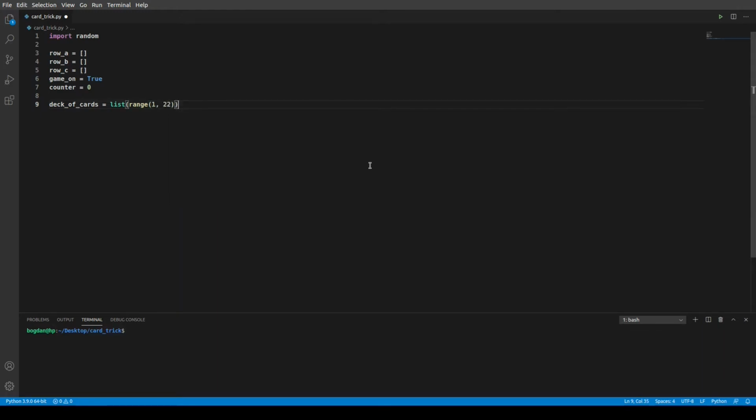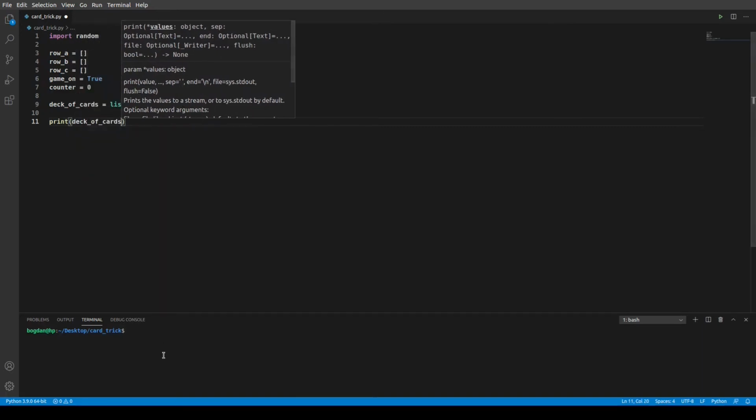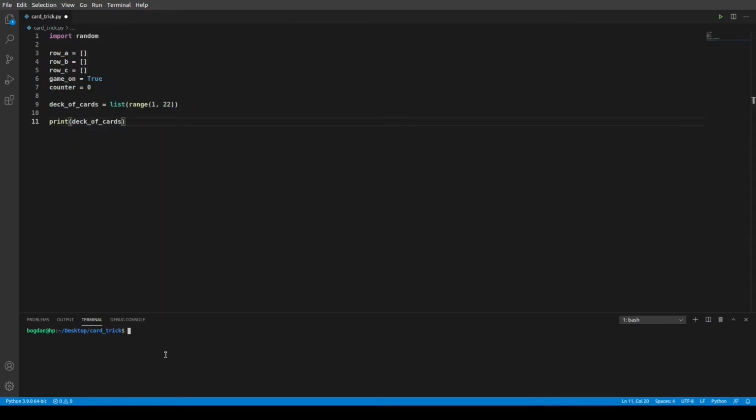I wrote 22 because the last value in the range is not going to be taken. So the list will start from 1 and go up to 21. But let's see that by printing the list. Print deck_of_cards, and if we run it now,